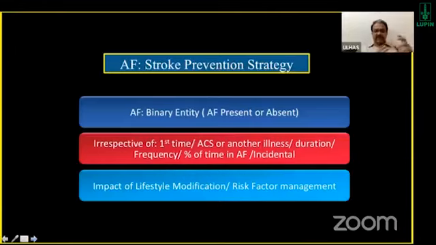For example, hypertension, how did you manage? Coronary artery disease, how did you manage? How is that responding to your therapy, and what is its impact on atrial fibrillation? We tend to ignore that. We just look at AF, whether it is present or absent, and then we risk stratify them with the CHA2DS2-VASc score or something like that, and then we start anticoagulation. So the binary approach is probably not great.